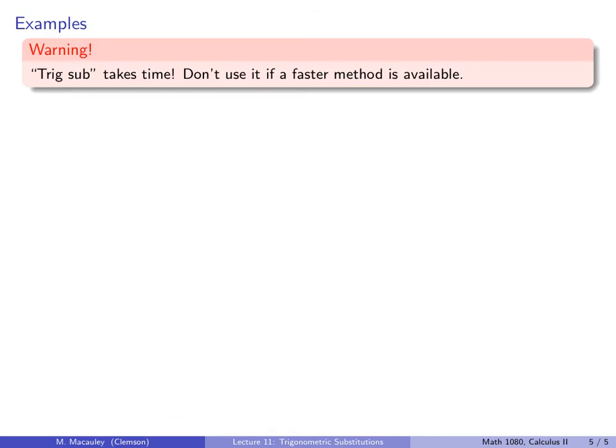So one warning, as you've noticed, trig sub takes time. This is the most difficult method that we've seen. It's definitely the longest and the most tedious. So use it as a last resort. If there's a faster method available, do that. For example,